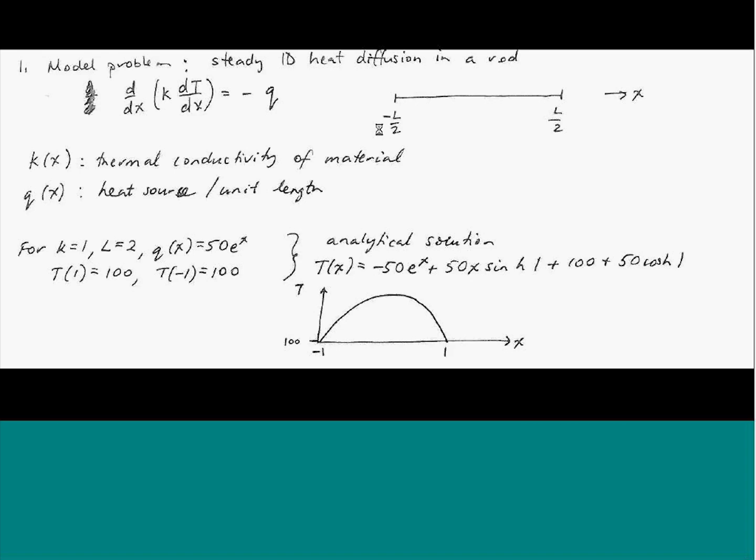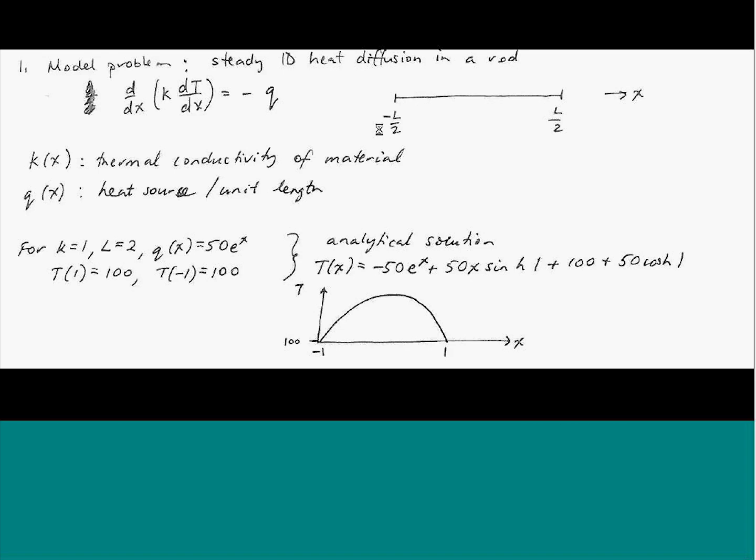And this Q on the right-hand side, which can also be a function of X, is the heat source, and it's actually the heat source per unit length, to get the units right. Okay, so simple problem setup: PDE, specified heat source. We're also going to need to apply boundary conditions when we actually get to specifying a